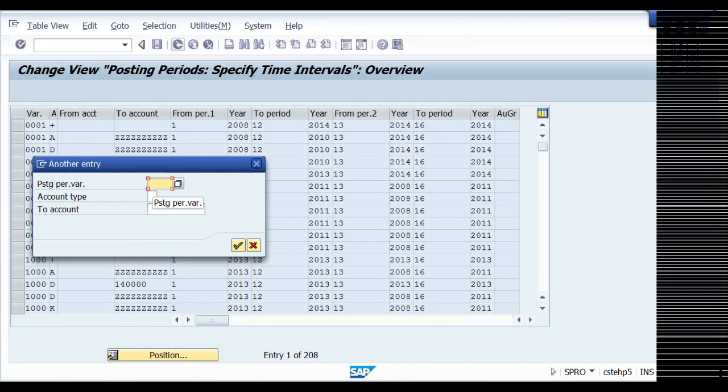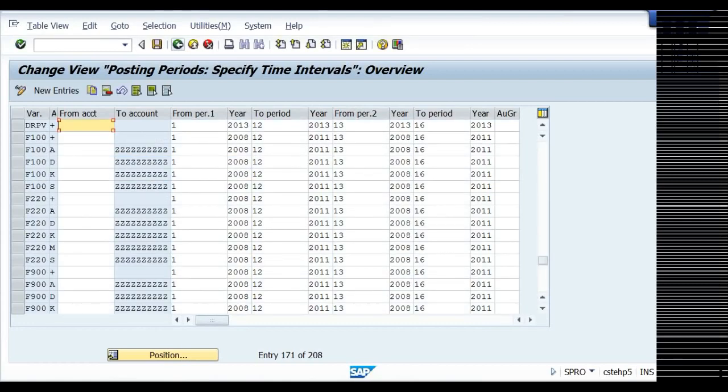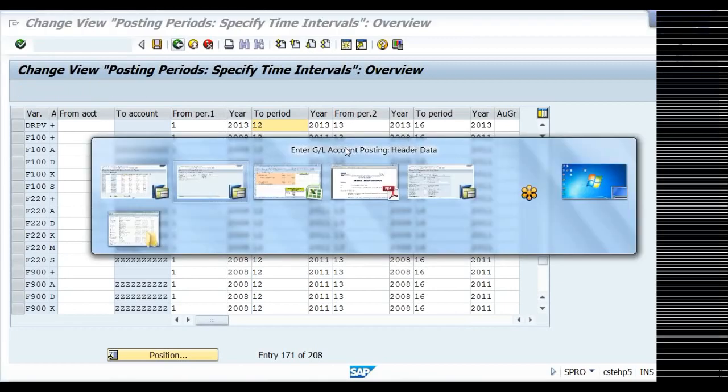Posting period variant DRPV. We have created one posting period variant, Dr. Reddy Labs posting period variant, in step number 13. And here first period to 13th period, all periods are open. Since all periods are open, I can post an accounting entry in any month, right?